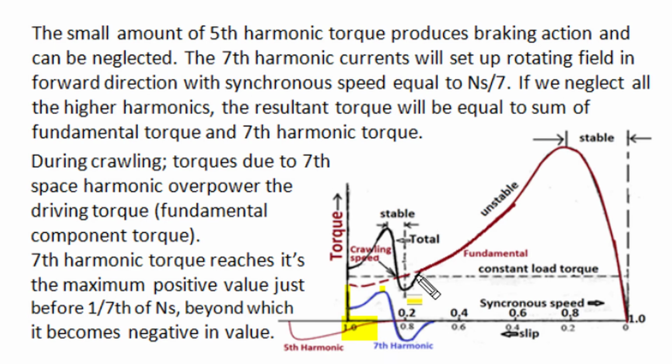After that, if the rotor accelerates, then in negative slip conditions it will act as an induction generator and produce reverse directed torque, and if the seventh harmonic torque component overpowers the driving torque of the fundamental MMF,